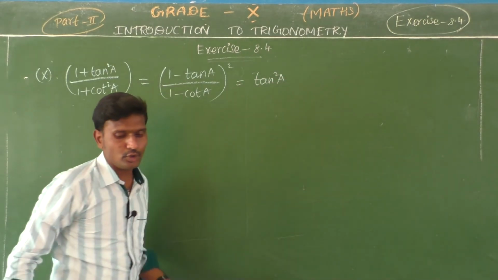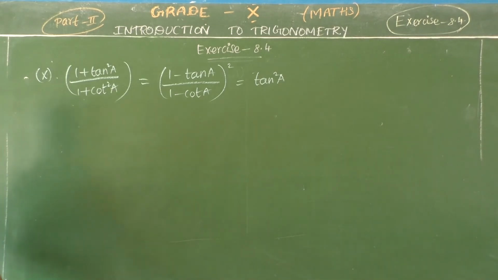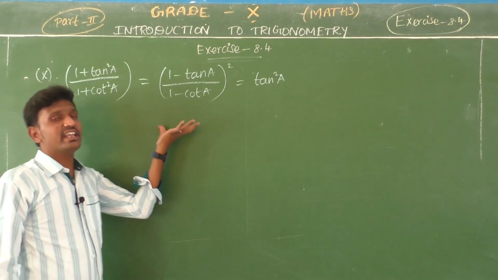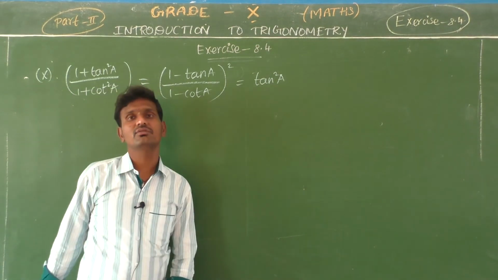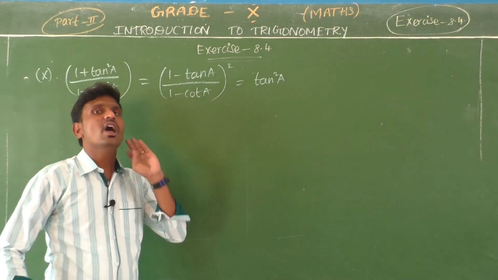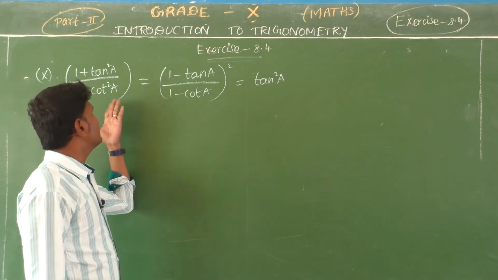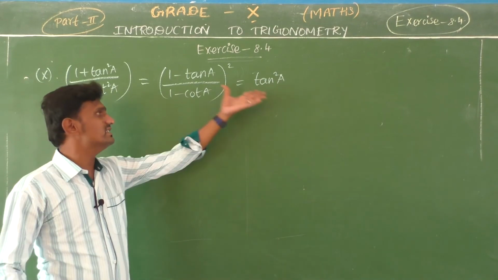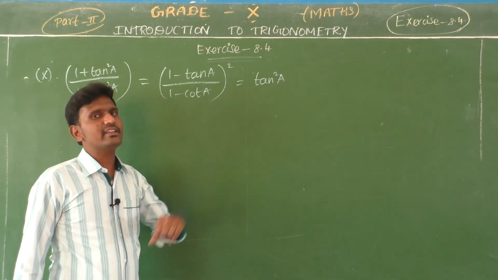So we want to prove the left side in one simplification. I mean the first bracket in one simplification, the second in one simplification, and the third one. We have to take the three parts also, or otherwise take the first part and second part on both also, which is equal to this. This means what? Tan square A, that's all.